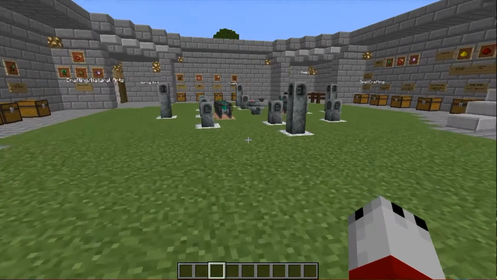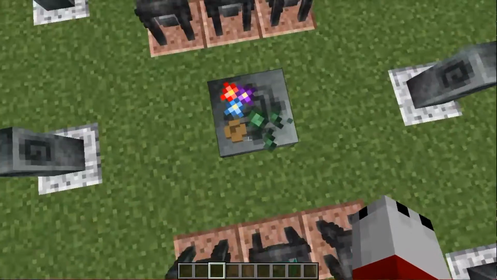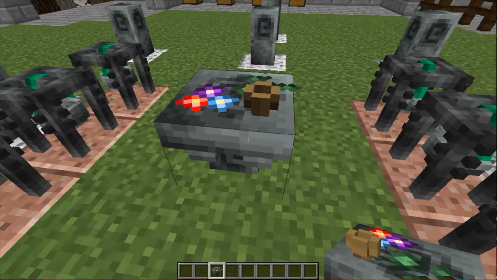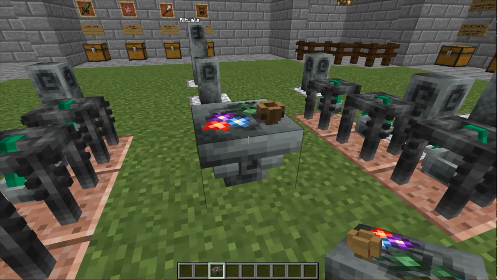So I'm going to first show you the initial setup of stuff. You do have to have some of this in the correct order. If you don't, there's a problem. So this is the altar, the casting altar. What you have to do with this is where you can put all your rituals together. We'll get to those in a minute, but you put your rituals together on this, and you